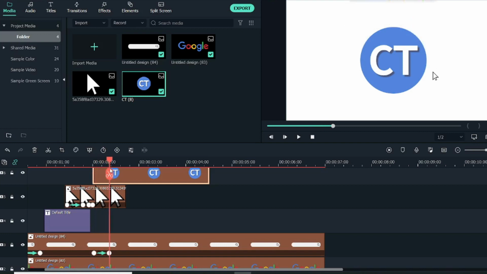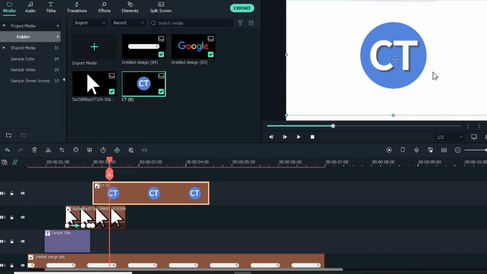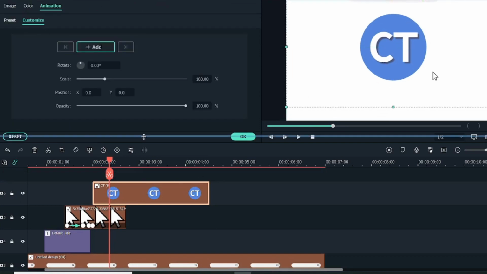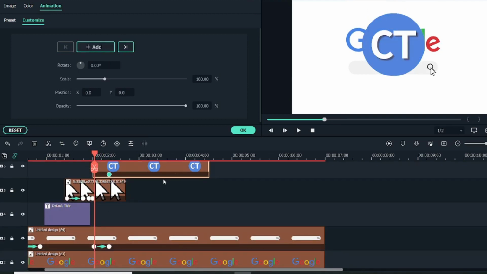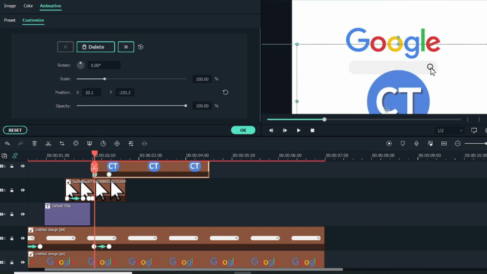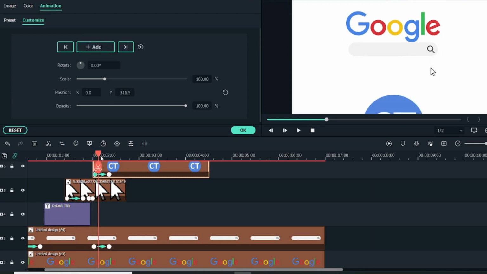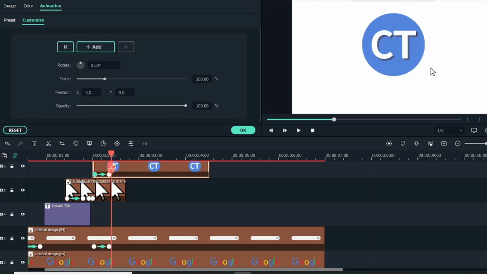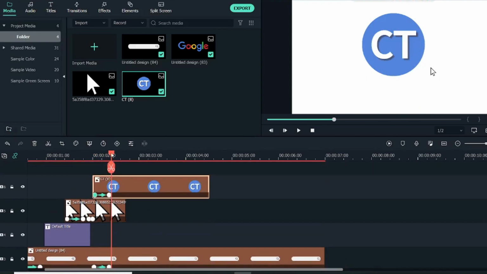So what I will do, once this goes completely up over here, I want this to be in the center, maybe a little up over here. So I will double click on it and click on add, and I will go to the similar position where this keyframe is over here, this one, the search bar and the Google, and I will move this completely down. So now if you look, this animation will look as smooth as possible. So that's the animation. The Google logo goes up and the search bar goes up and our brand logo comes in.